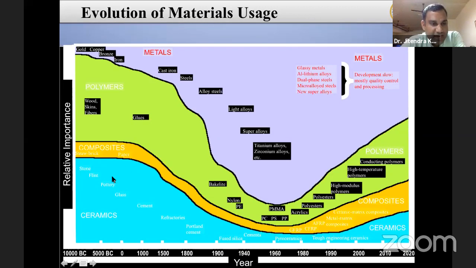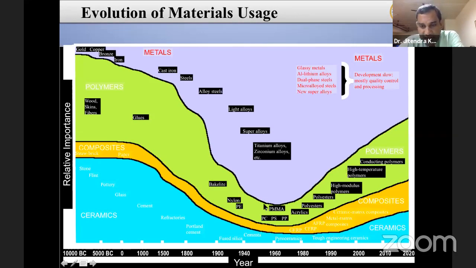And then in the case of ceramics, only stone, pottery, glass, cement. These are just after BC. When you come into our era, 1000 AD or 2020, you can see our basic new types of polymer: biocomposite polymer, or PMMA based polymer composite, metal matrix composite, glass reinforced fiber composite, carbon reinforced fiber composite, all developed in our 1980 to 2020.